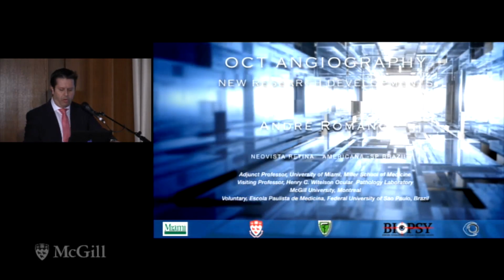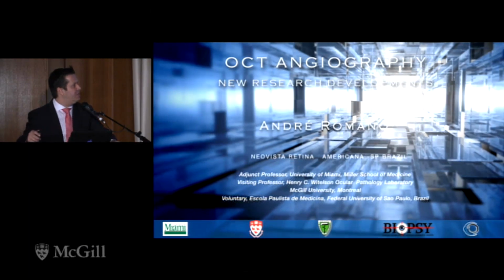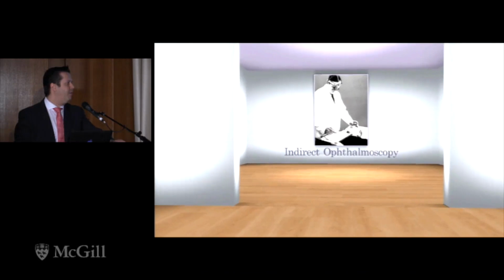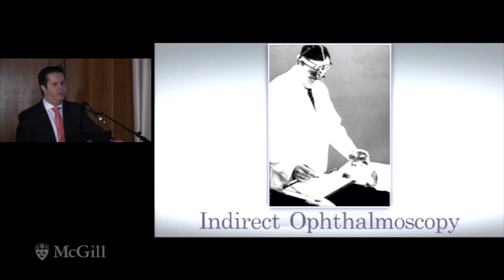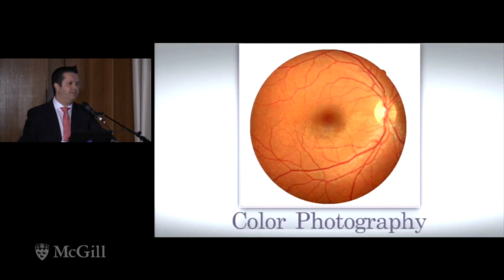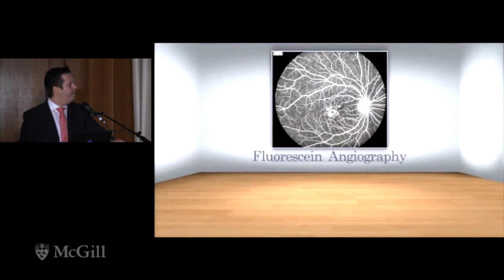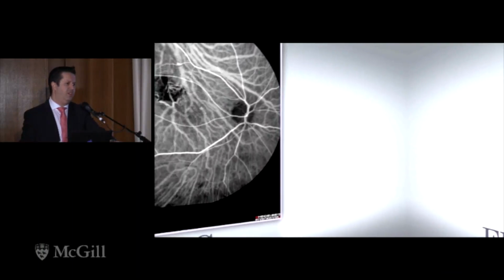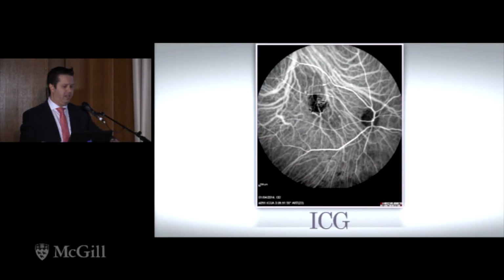So before we had OCT, as John Gallick showed, we had several other technologies to evaluate the retina, including direct ophthalmoscopy, color fundus photography, fluorescein angiography, and John already showed all the advantages and disadvantages, including ICG and so on. So the OCT was introduced,